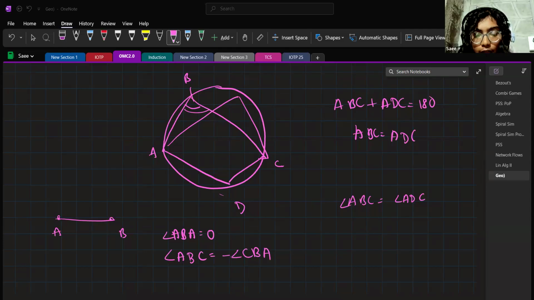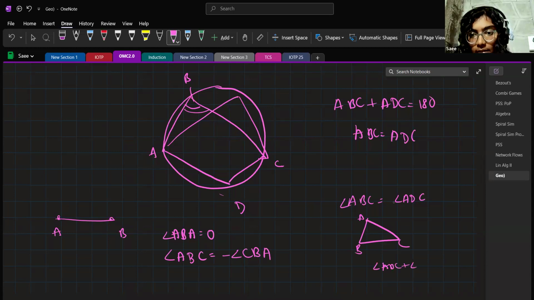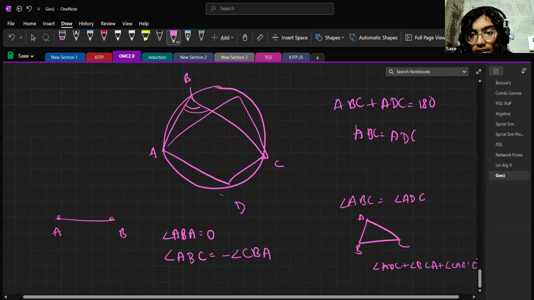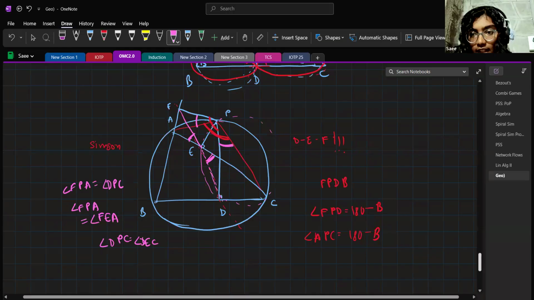In a triangle, if you add up the 3 angles in a directed manner, angle ABC plus angle BCA plus angle CAB, then instead of adding up to 180, we